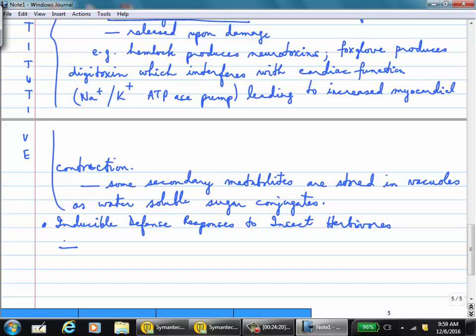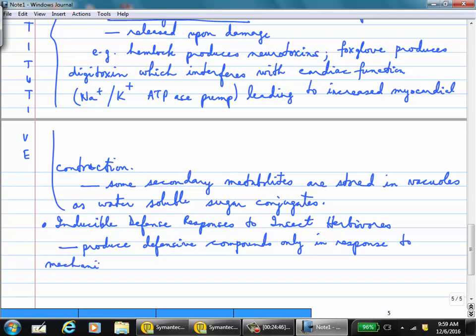So here, the defense is produced only in response to the stimulus. So here the plant produces defensive compounds only in response to